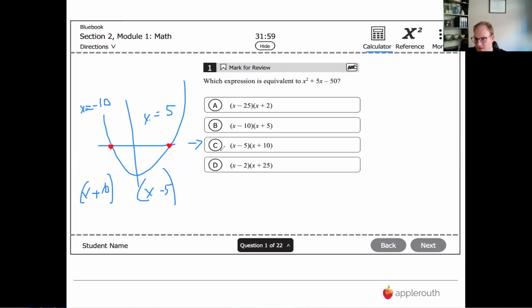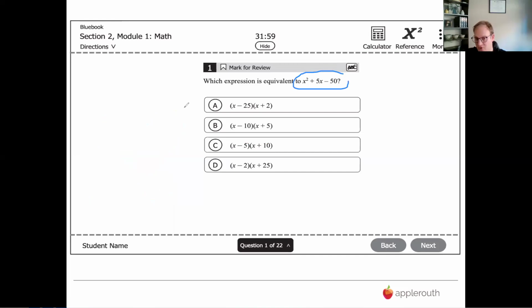There are a bunch of ways to do this, right? You can FOIL, if you remember that, first, outer, inner, last, to see which matches. Also, to be perfectly honest, you can just graph this and then graph each answer to see which one looks identical. So it depends on what you feel is quickest and won't cause careless mistakes. But again, getting that practice with Blue Book is the #1 way to understand what's most efficient for you, what feels right.